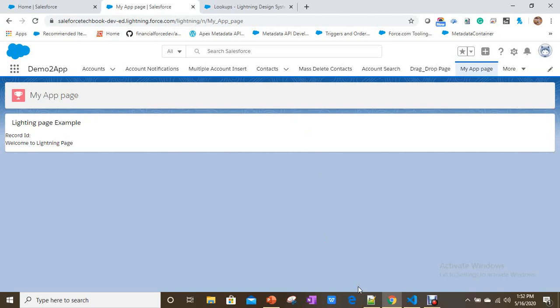After that, we are going to include that in a separate component, and we are going to see how we can utilize it. Anyway, let me add here. Now we are going to see the output of custom lookup only.